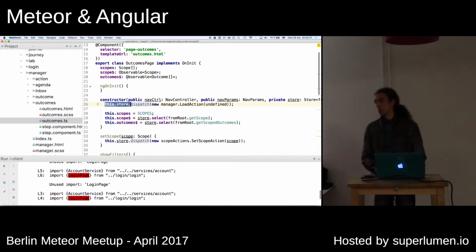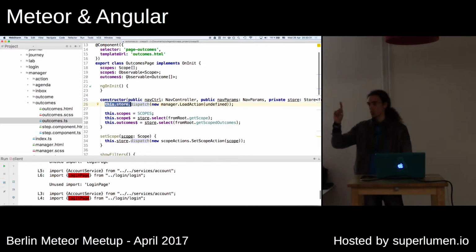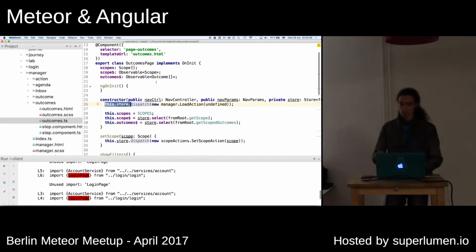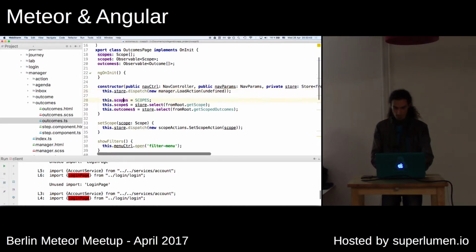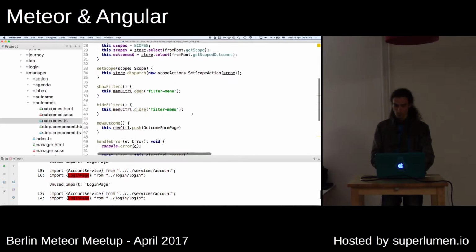And I can purposefully choose if I just want to take one snapshot of it and ignore all the updates. But I can use the stream instead. So getting back to this here, I can select stuff from the store to get these observables, and I can dispatch actions. Like in here, as soon as I open this outcomes list, it fires this load action, and